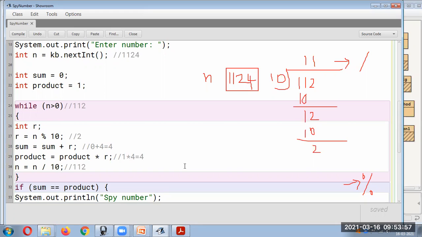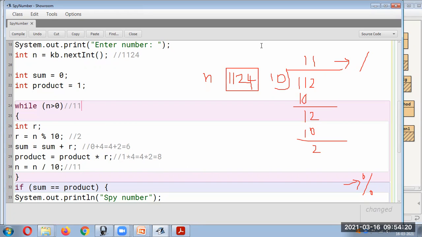This will become 4 plus 2, which is nothing but 6. And this will be 4 into 2, which is 8. And now here I will get the number 11. So this is the next number, 11.